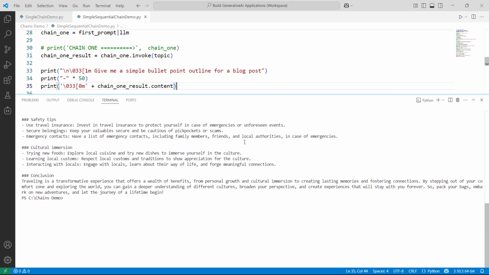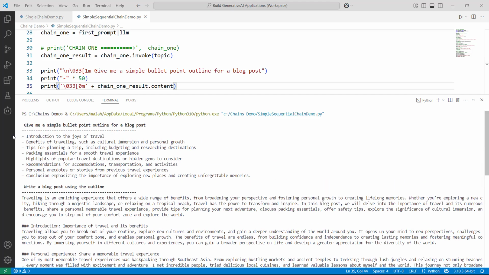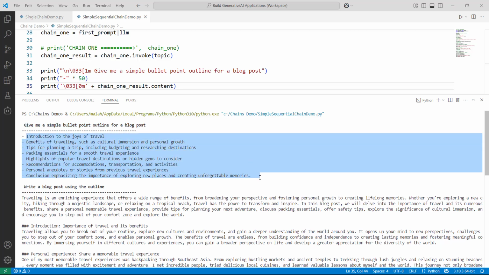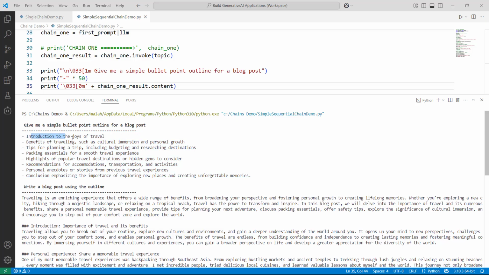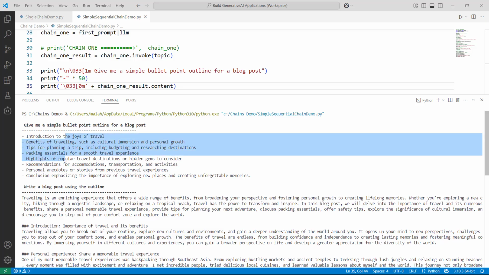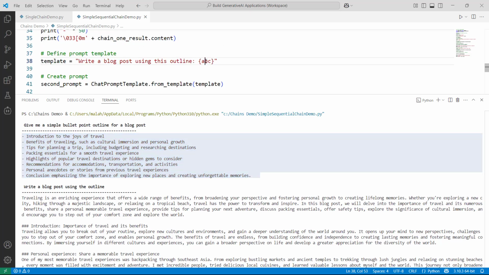Now let's try to understand this output. The first one is: give me a simple bullet point outline for the topic travel. So it gave us bullet points: introduction to the joys of travel, benefits of traveling, tips for planning a trip. So it gave us a few bullet points, and then this entire value will be passed here as an input to